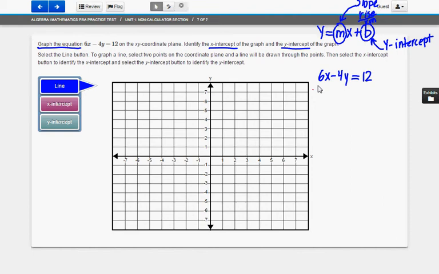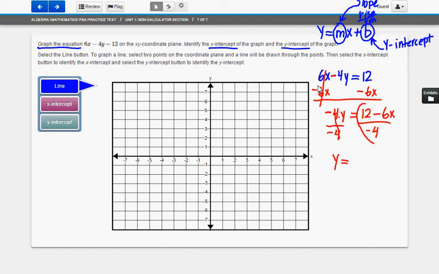Okay, first thing I would do is move the x term to the other side. I'm going to subtract 6x to the other side. And so that leaves us with a negative 4y is equal to 12 minus 6x. In order to finish solving for y, since y was multiplied by a negative 4, I would divide by negative 4 on both sides. And that leaves me with y is equal to,